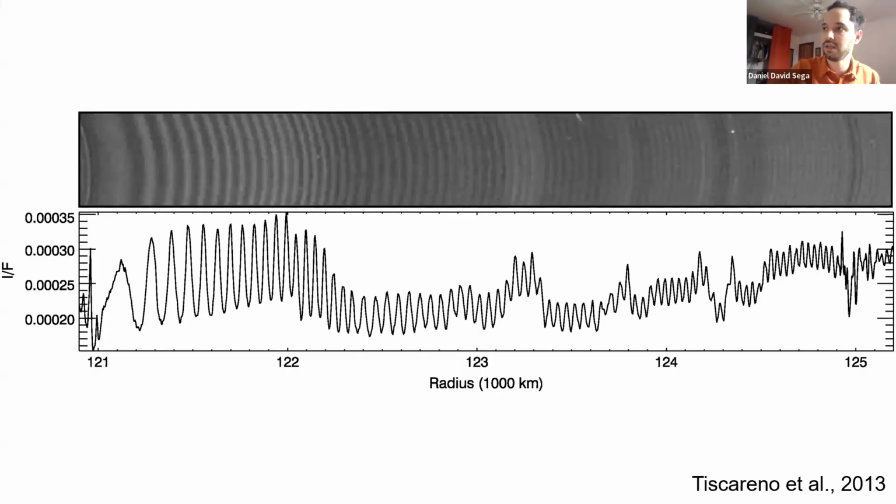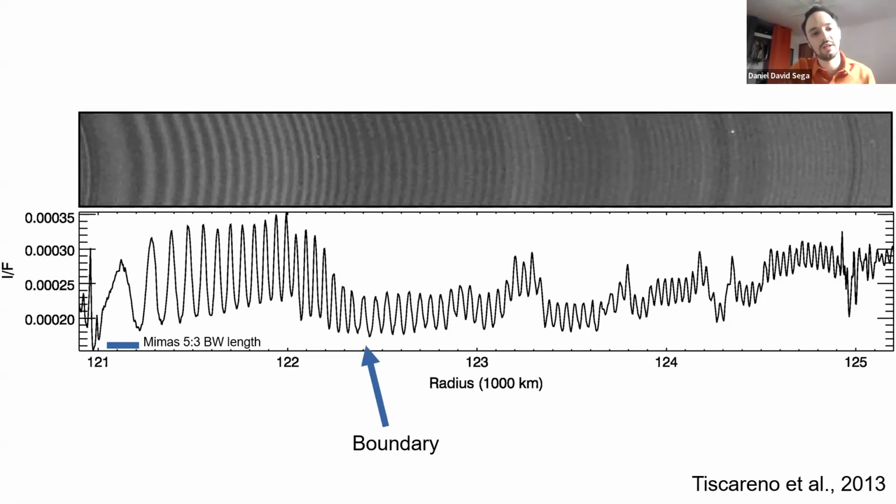The first thing that catches my eye from this picture is how long this bending wave is. The Mimas bending wave was 200 kilometers. This wave somehow manages to propagate 4,000 kilometers. Here, if you add the pixel values of that picture azimuthally, you get this plot on the bottom, and you see that the quality of the signal is very good. And going back, the most impressive thing for me is how long this is. And this is the Mimas bending wave. The entire Mimas bending wave is just one wavelength.